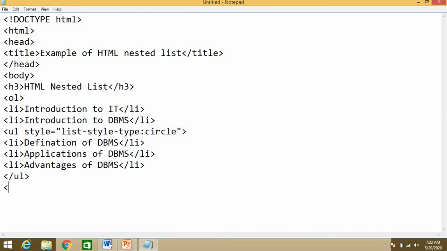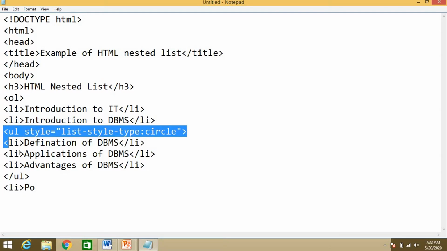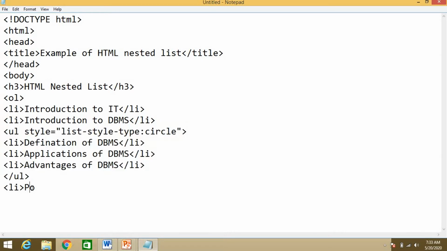The things that I am writing now, after this ul, come under the OL tag, because I have closed the UL over here. So this is part of the OL. Next, PostgreSQL. PostgreSQL is also a kind of database.